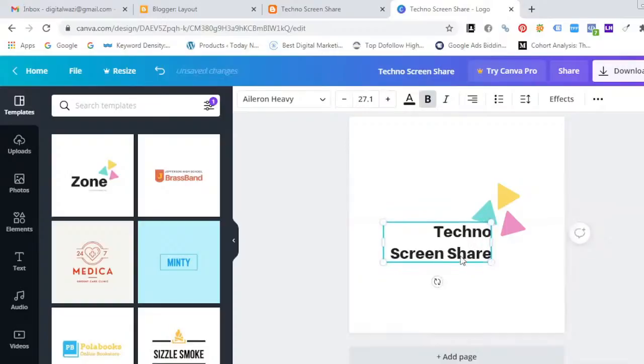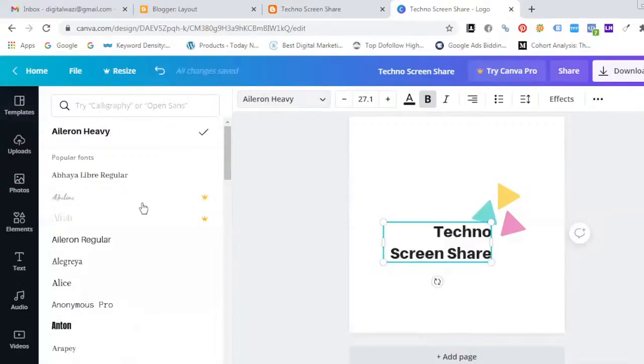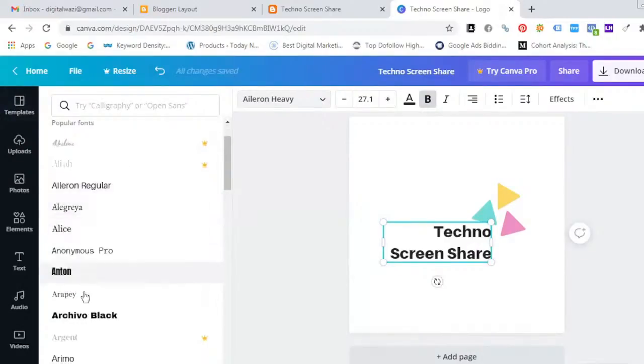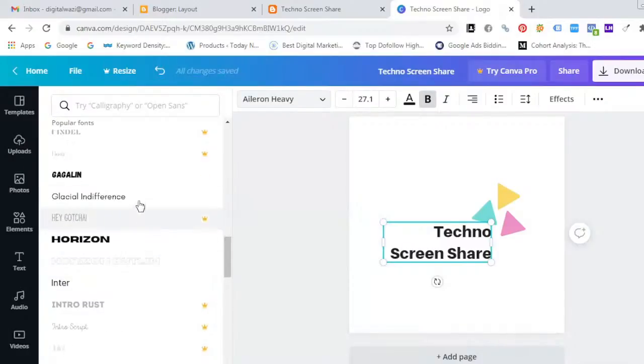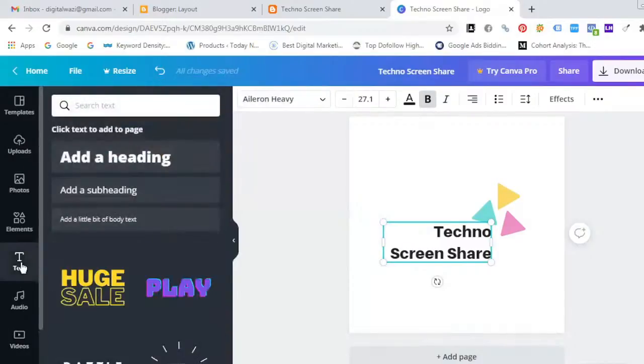If you want to change the font styles, that can also be changed. Go to the text, there are different font styles available, or there is the direct text option.